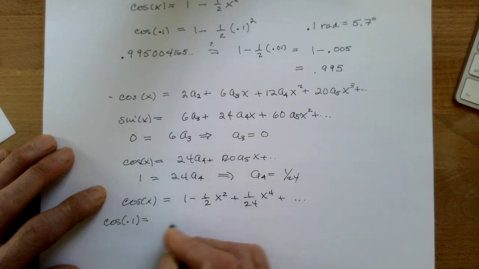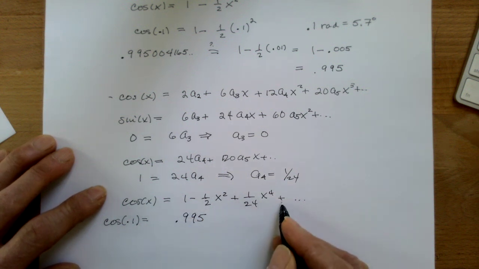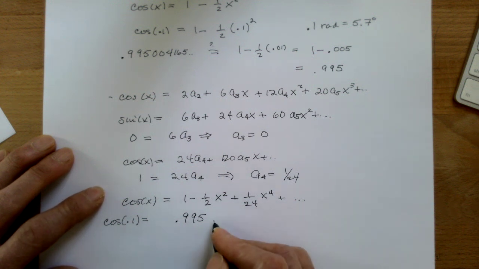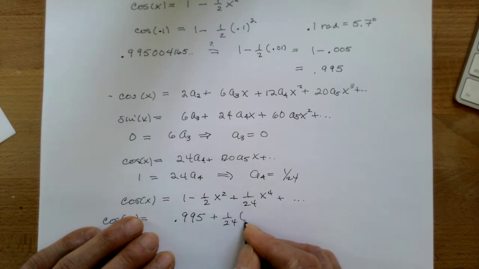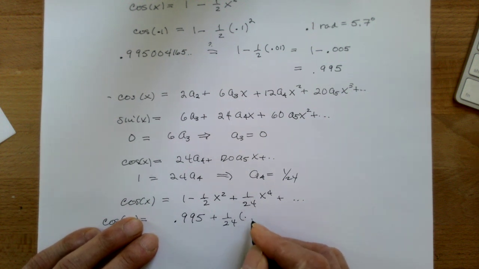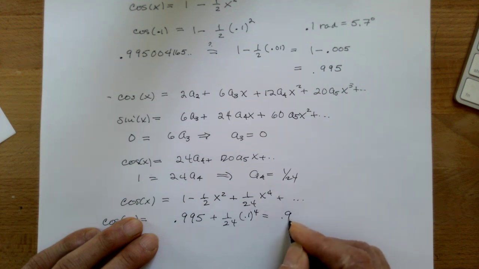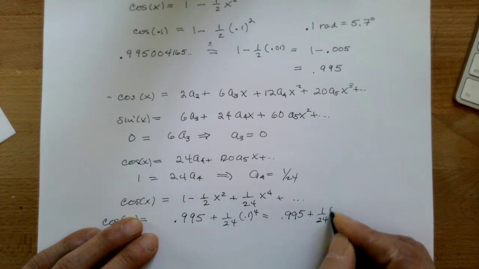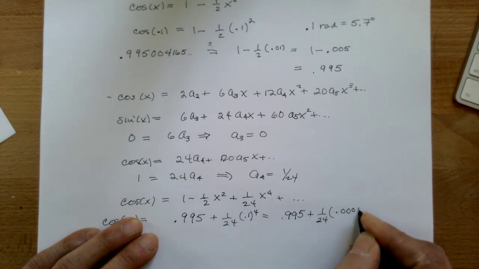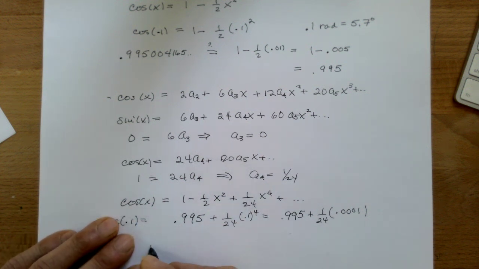Well, these first two pieces are just going to be 0.995. And the next piece, of course, is 1/24 of 0.1 to the fourth. So 0.995 plus 1/24 of 0.0001, which if you work it out is 0.995